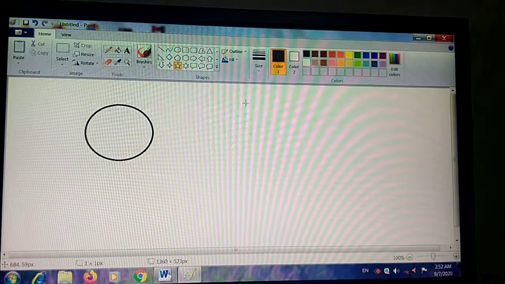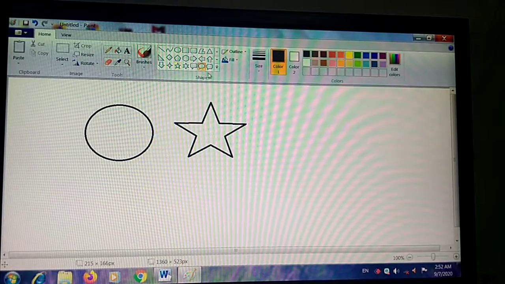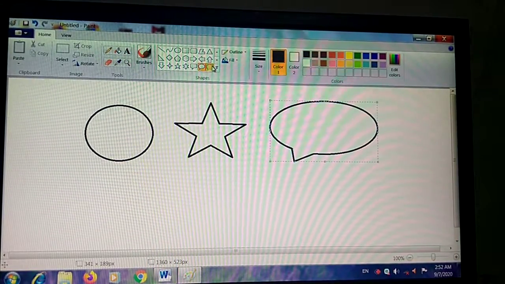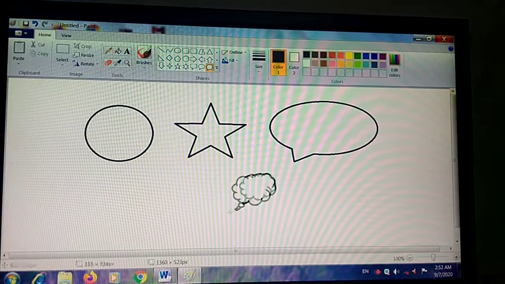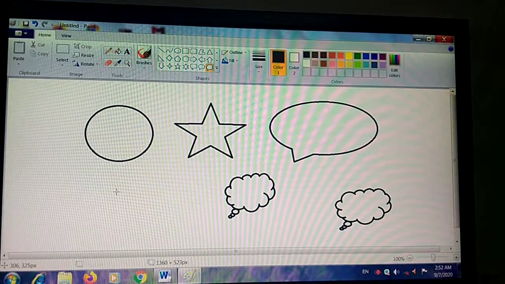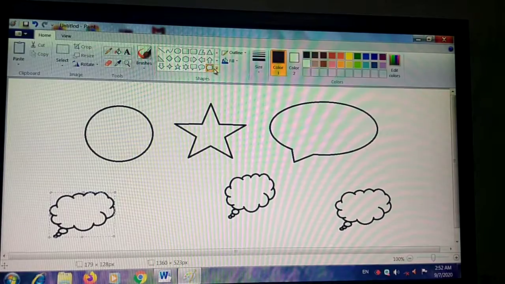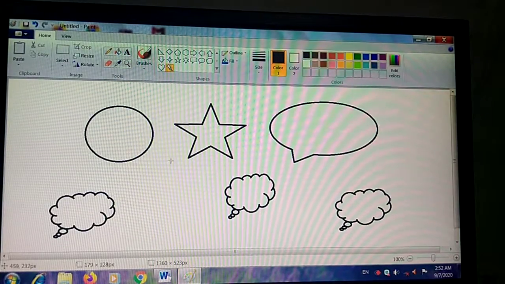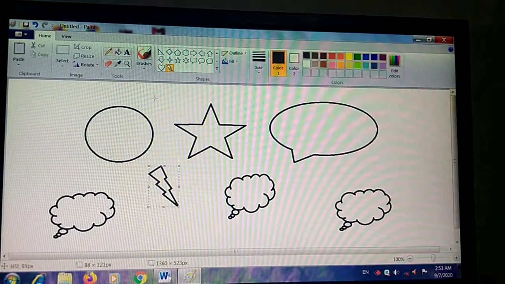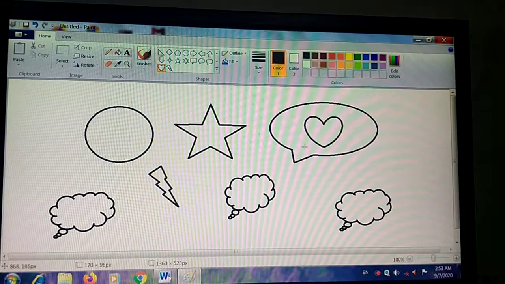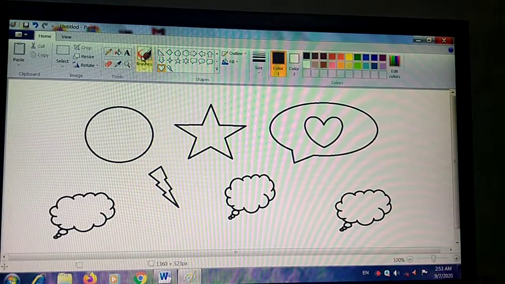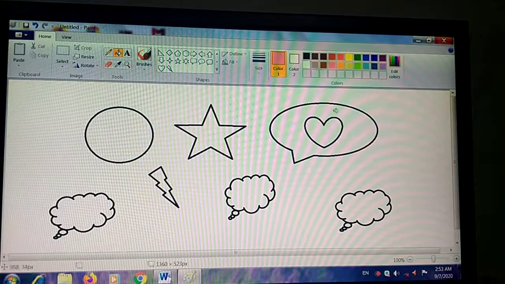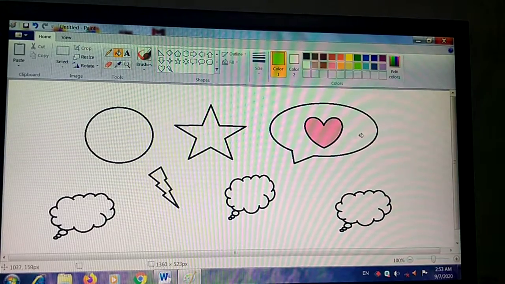You can see how I am making a picture here. These all are pictures. After that, when you have drawn all the pictures you want, let me color them also. First I am coloring this picture.